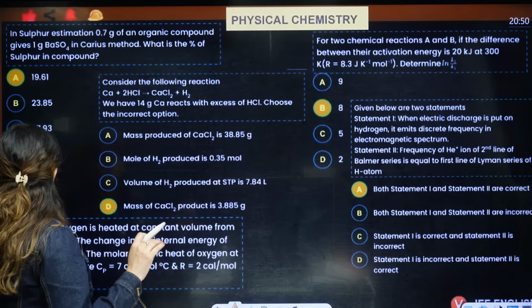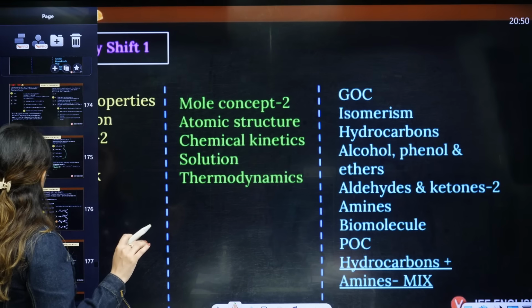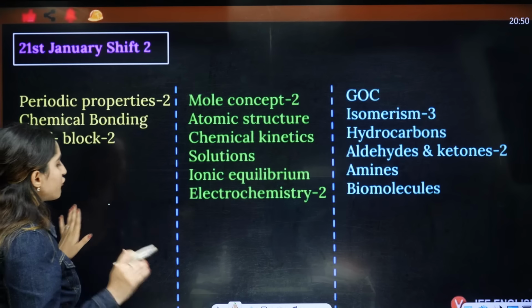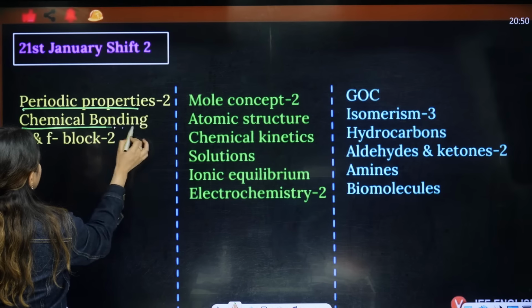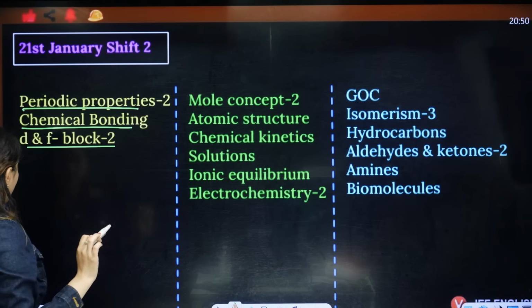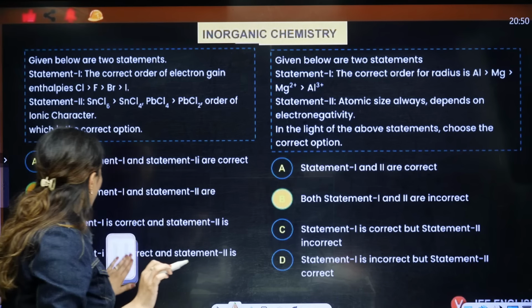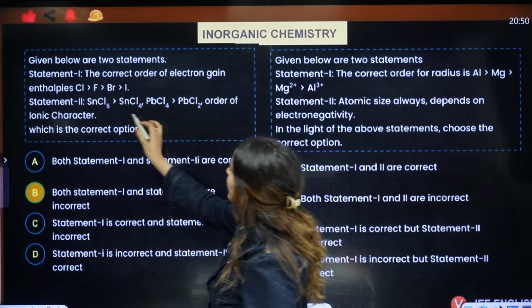And if I talk about the second shift here, now I'll tell you about the second shift. Firstly, I am talking about only inorganic chemistry. In the second shift, in inorganic chemistry, what they asked you: periodic properties, chemical bonding and D and F block. What is that? Let's talk about that. So from inorganic chemistry, what they have asked in the second shift of 21st, right,